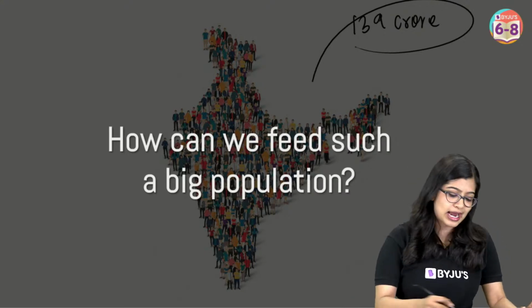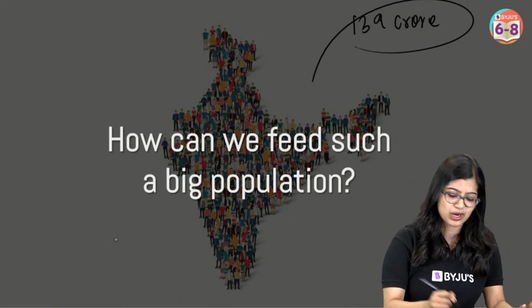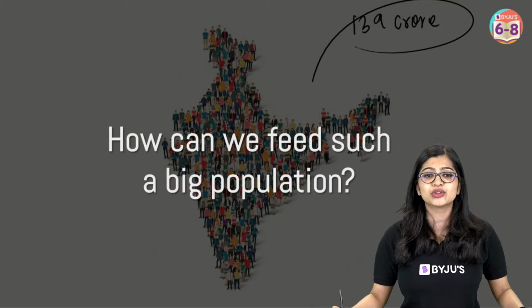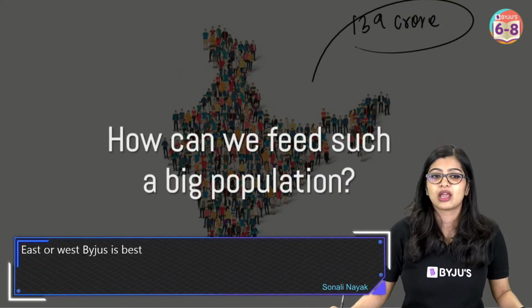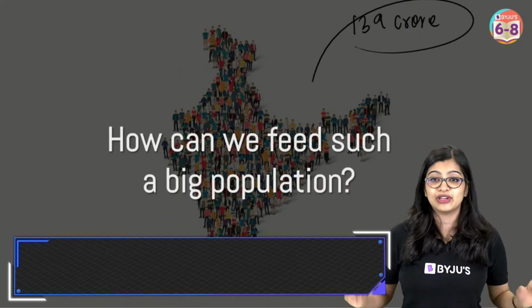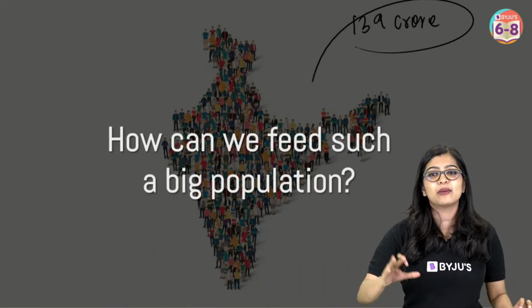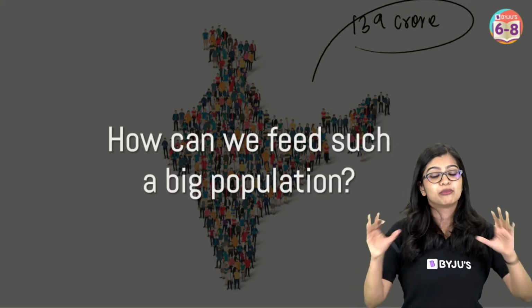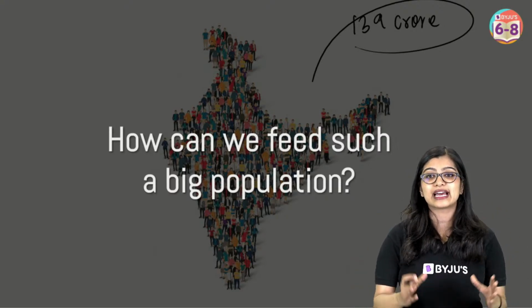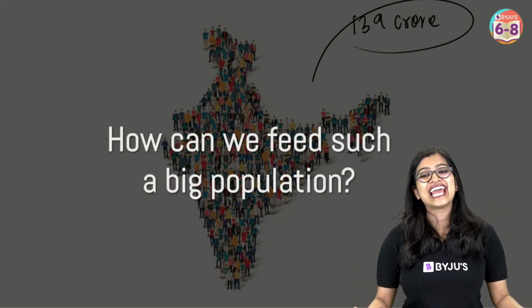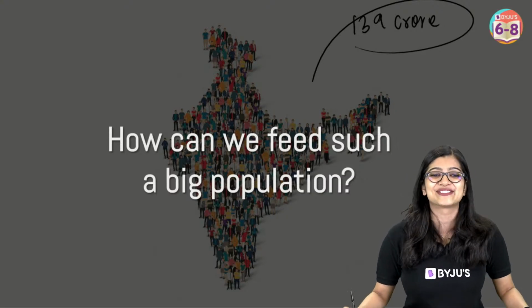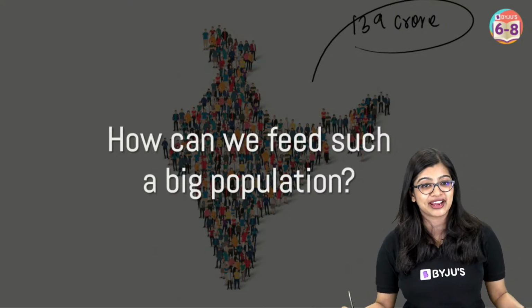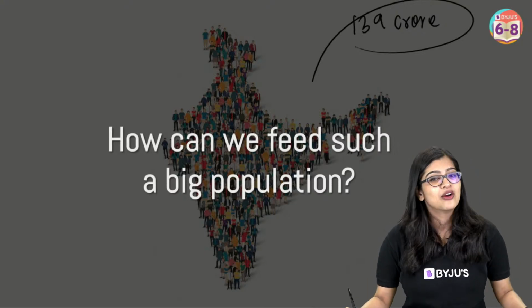Well, can you take a wild guess, because I am sure that you guys know the answer to this. How do you think that we are able to feed such a big population? Ravi, at the moment, we will not be doing Menti, but that will be much later ahead, right? But right now, we will be focusing on understanding the concepts. Yes, wonderful Gungun, by agriculture. Yes, very good Naina, very good Shashireka, very good Pranika. Wonderful. All of you are just wonderful.